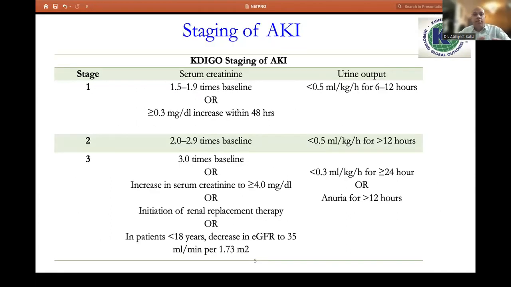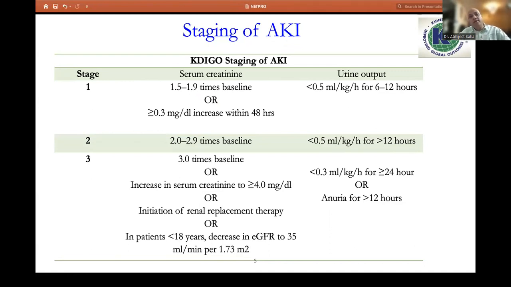now since once we diagnose acute kidney injury, we also have a KDIGO staging for acute kidney injury, and that is very important to do while you are managing any child with raised creatinine, because with the acutely raised creatinine, you need to act simultaneously. Even in AKI stage 1, you can do certain modifications in your treatment plan. So that is very important.